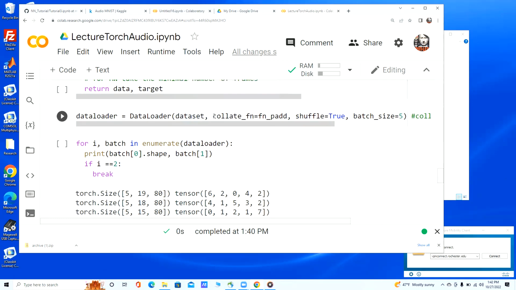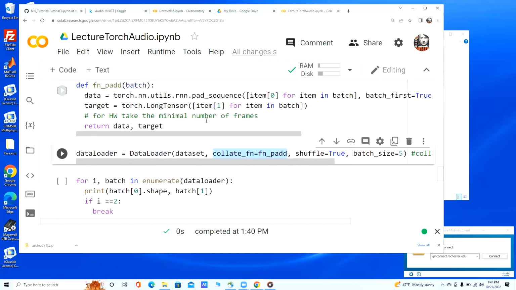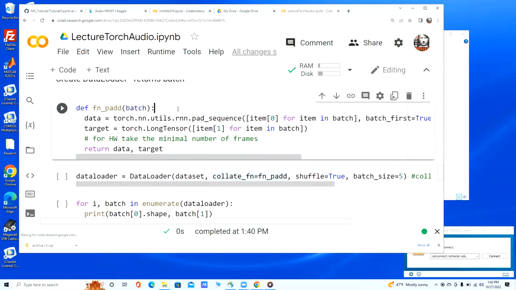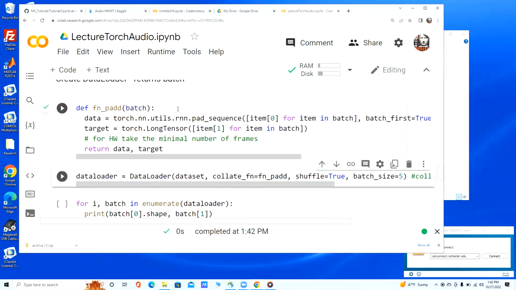So there is a special function for this. You can write a function that will add zeros or cut, for example, frames to make all the files of the same length. So in this case, I just added zeros. For your homework, I would just find the minimal number of frames and just take